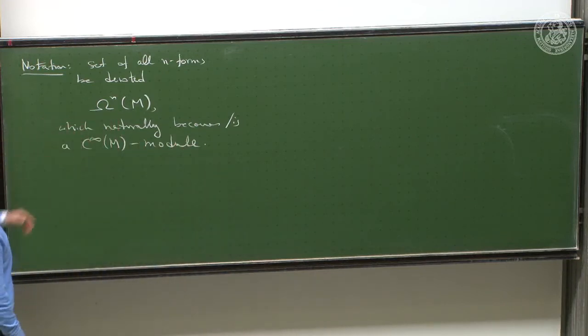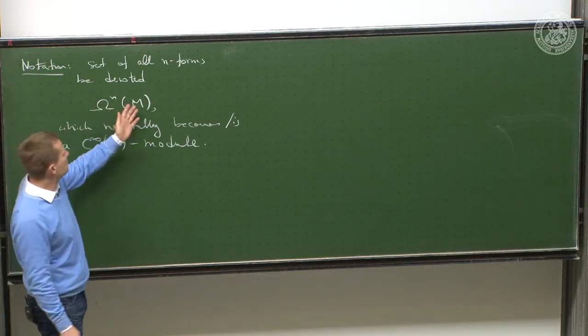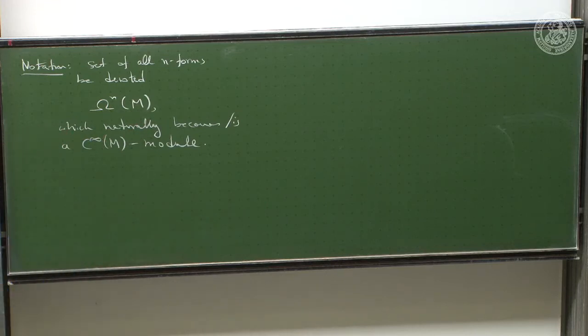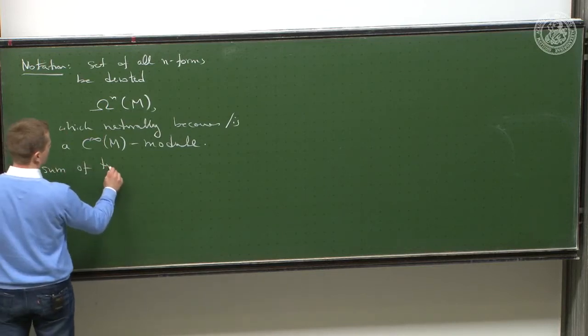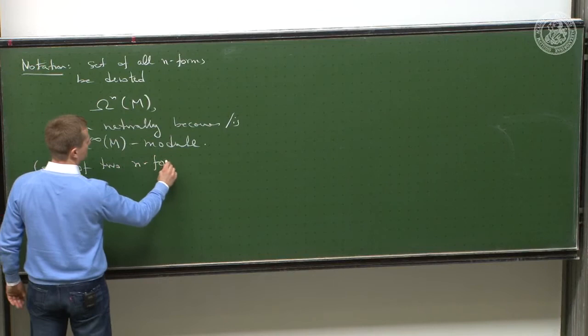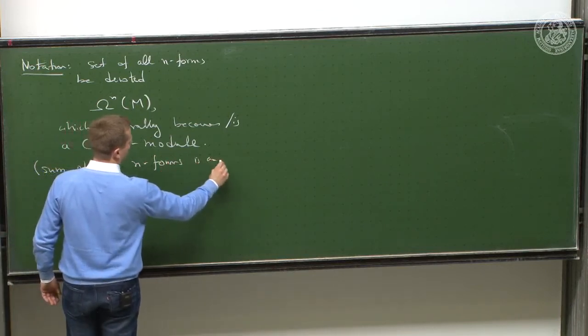Obviously it is, because the (0,n) tensors are a C-infinity(M) module, and this is just a subspace of those, a subspace that's closed under addition, obviously, because the sum of two n-forms is an n-form,